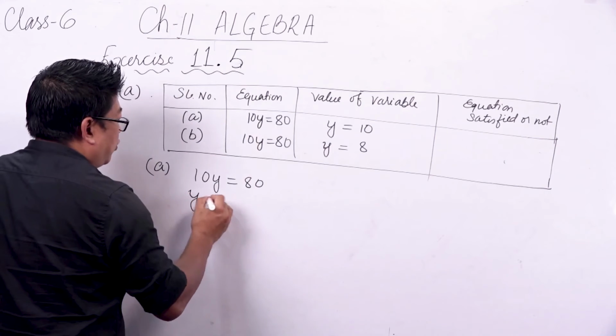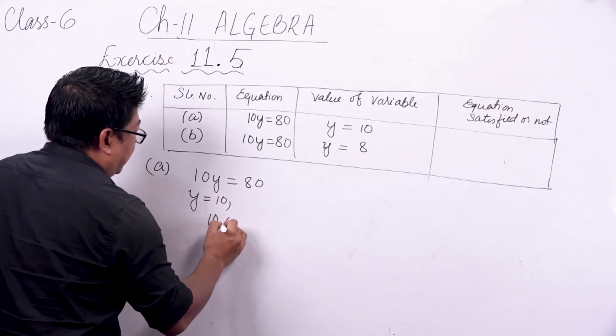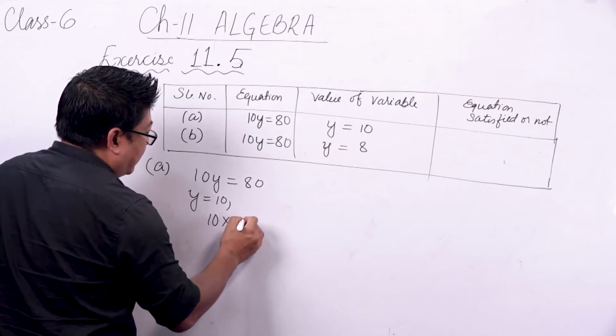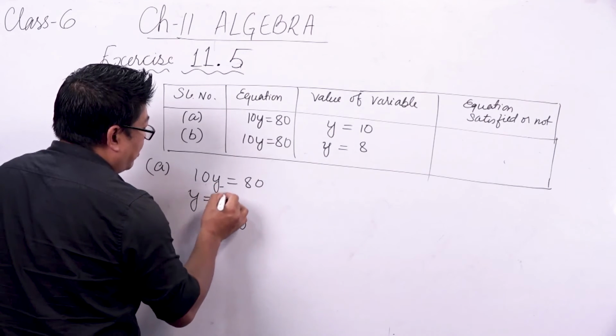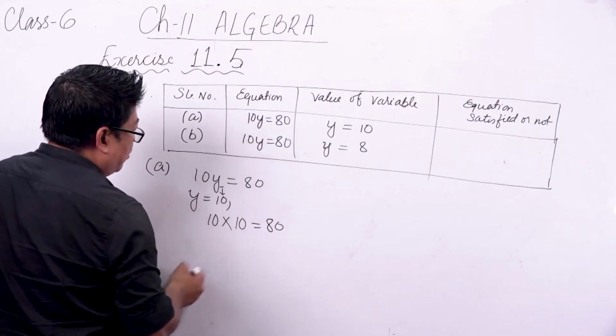Now if you put y is equal to 10 in this equation, in this expression, 10 into y. In place of y, I will put now 10. Okay? In place of this y, I will put 10. So 10 into 10 is,